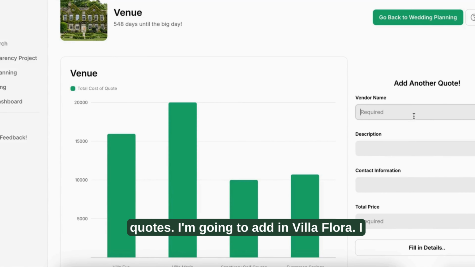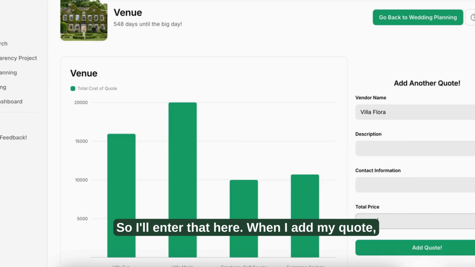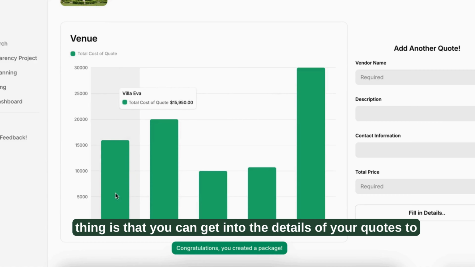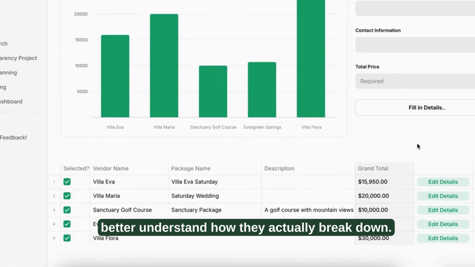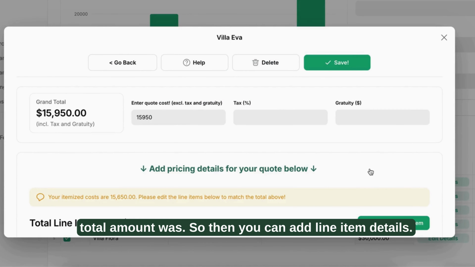I'm going to add in Villa Flora. I know they quoted me roughly $30,000 for this venue, so I'll enter that here. When I add my quote, it's going to be added to this graph here. Another cool thing is that you can get into the details of your quotes to better understand how they actually break down. Hit Edit Details, and it will put in whatever your total amount was,